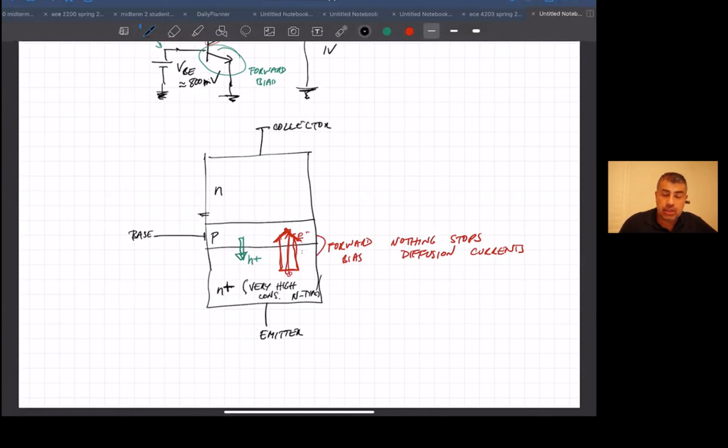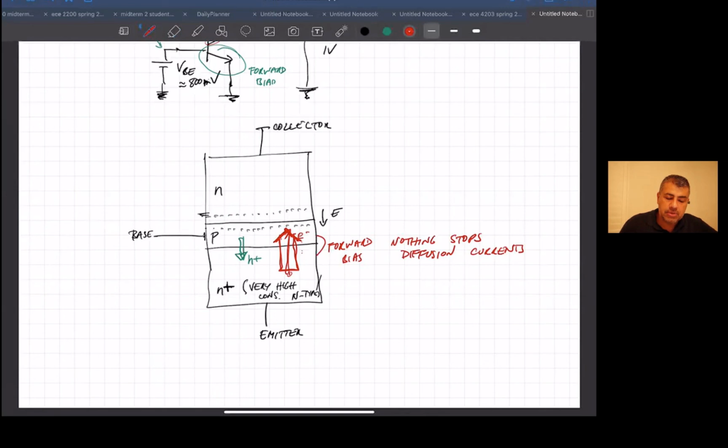Okay, so then we said the collector base junction is reverse biased. Means that there is a depletion region here, okay, where we're depleted of carriers, but where there is an electric field. Okay, so we've got a reverse bias. We had a built-in potential that gave us the electric field, again, remembering back to the PN junction days. And so we have an electric field built there. So that prevents diffusion current from the collector to the base. There's no or very little diffusion current there, or from the base to the collector. But